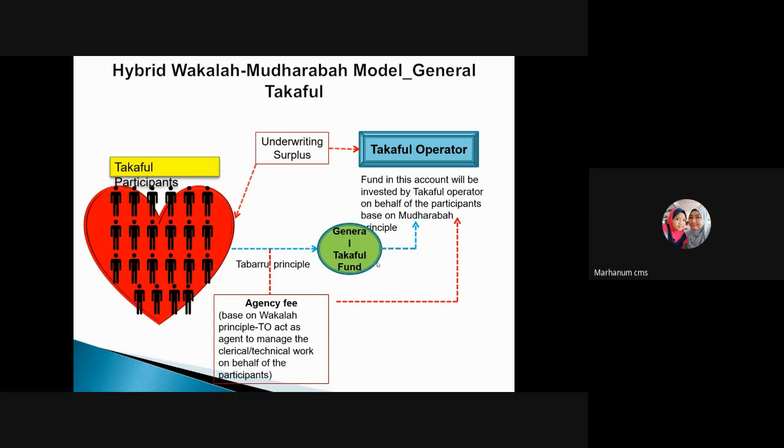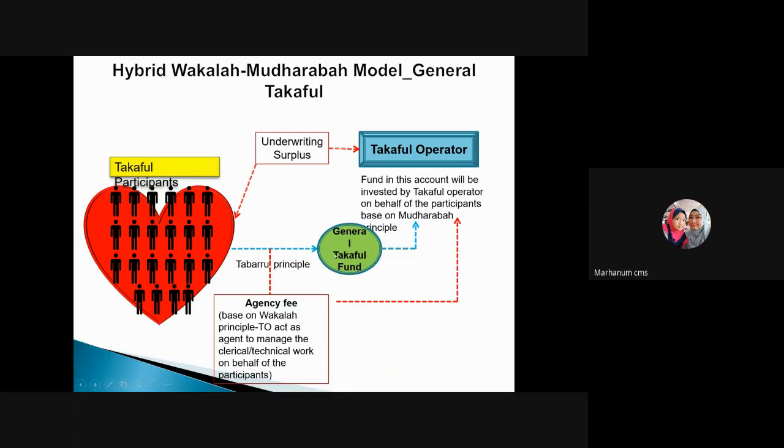Okay, I think not all the scholars agree with this, because they make investment, then the profit share depends on them. How much profit they want to share with the fund is up to them. But even though it's up to them, the profit that is shared will be presented to Bank Negara Malaysia. Bank Negara and the Syariah Committee usually will observe whether they are practicing fairly enough to the participant or